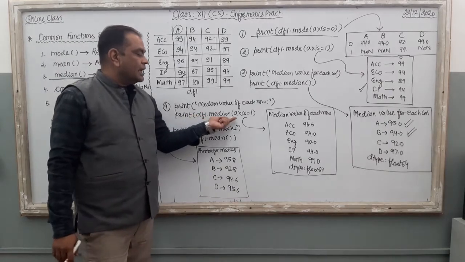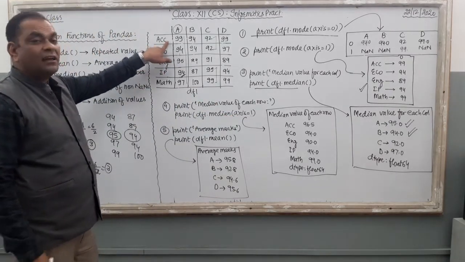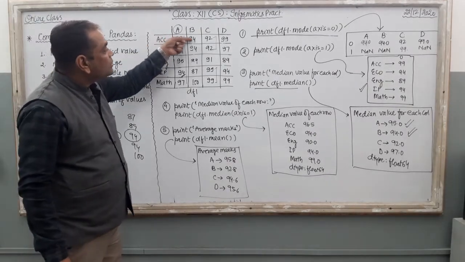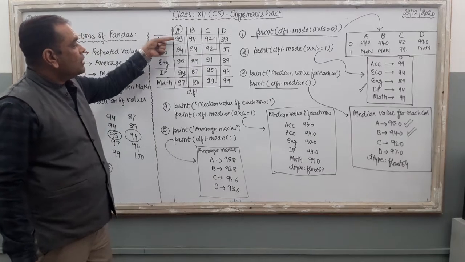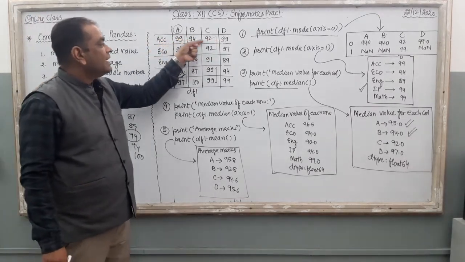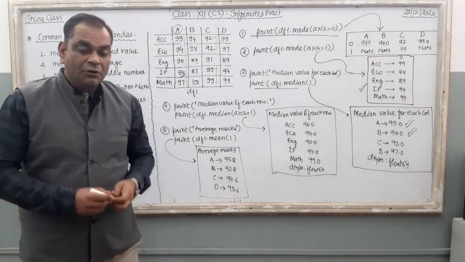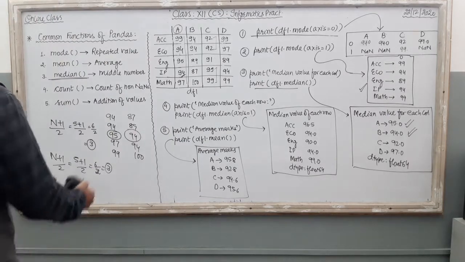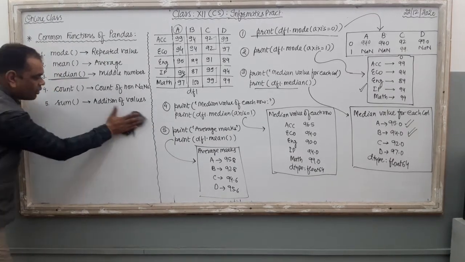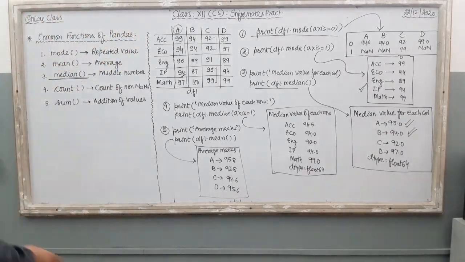Now just see, if you put here axis is equal to 1, then what will happen? df1.median(axis=1) means now the computer will generate the median, the middle value, based on the row. Just see, accountancy 1, 2, 3, 4: 4 different columns are there. The computer is going to generate the median value based on this particular series. Now just see how you can generate the middle value here. Check the accountancy row. In this row, 4 values are there.